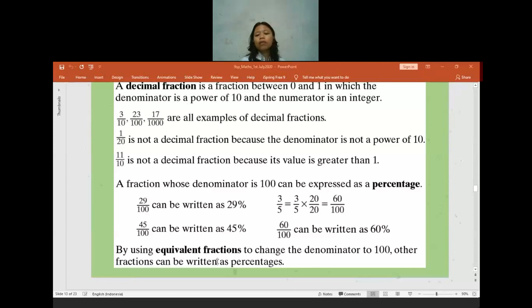And then I don't think you have any difficulties changing a fraction into a percentage. You can directly multiply it by 100% for any fraction, or you can change the fraction into an equivalent fraction with denominator 100, which is also fine. Is there anyone who has difficulties changing from fraction into percentage? We have already been used to it since grade 8.